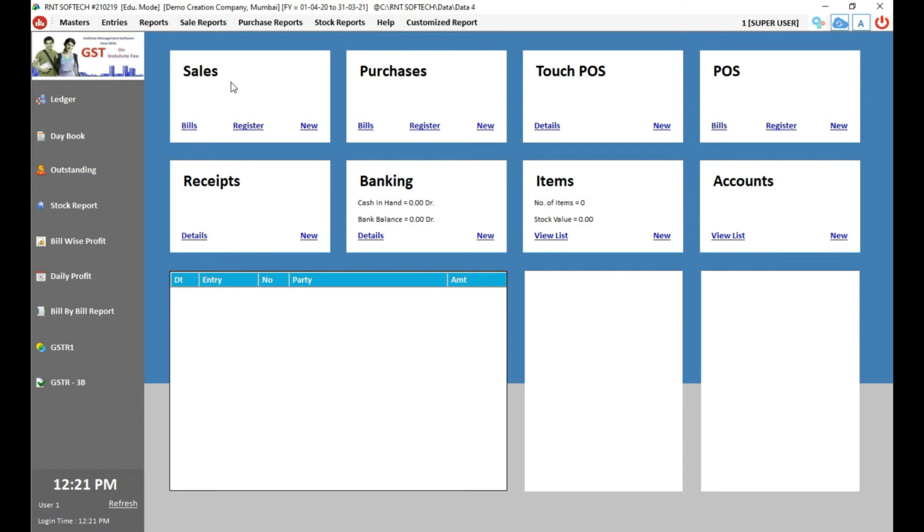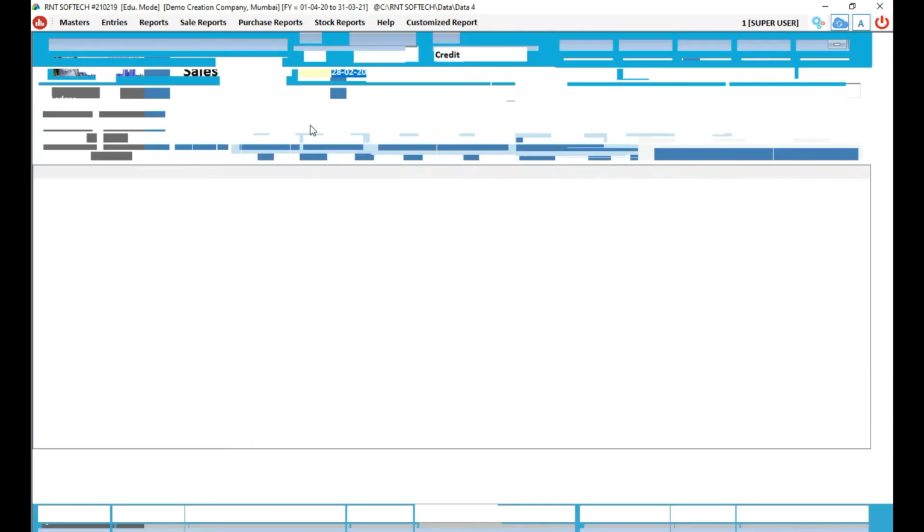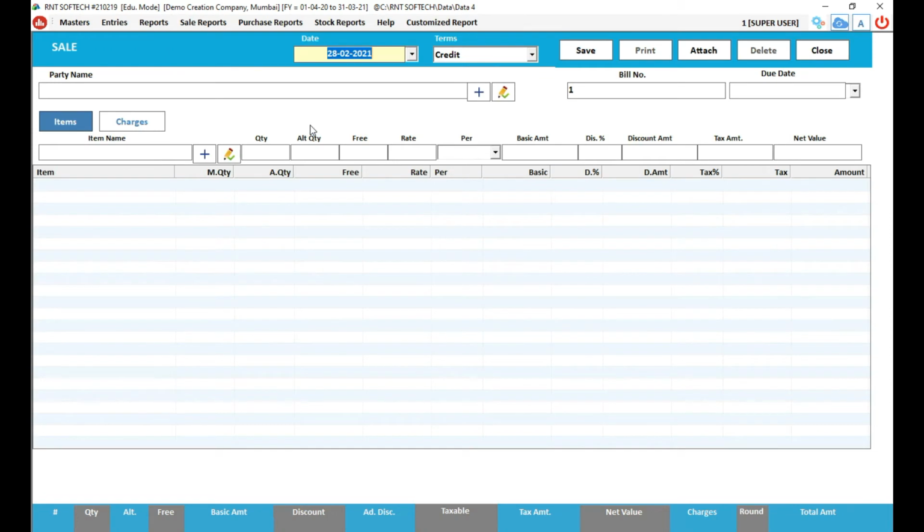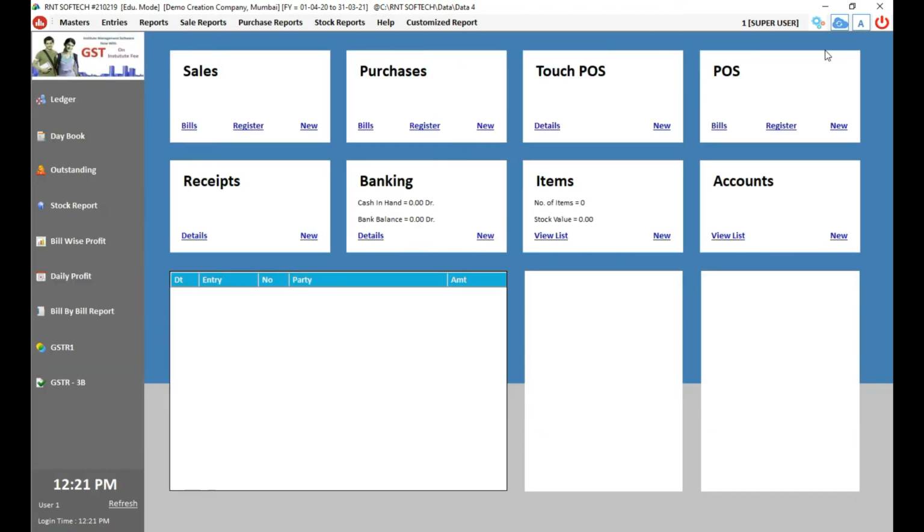In this, if you see, it gives the complete list of bills created. Right now, if you click, it won't show anything because there is no bill created so far. Sales register is also the list of bills which are created, and the new is for a new bill when you want to create. For example, I click on this, it opens up the screen. Right, and you have to create the bill, which I'll be taking you through in the next video. So here I'm closing it. I'm just making you aware of what the dashboard comprises of.